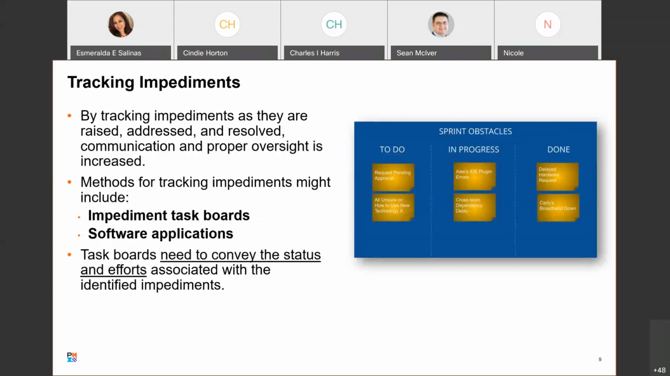Tracking impediments. When product teams track impediments as they are raised, addressed, and resolved, then communication and proper oversight are increased. There are various ways to track impediments, including using impediment task boards or software. Like the example I have here, I went out and found a picture of one just so you have a visual. Impediment task boards can be as simple as sticky notes denoting impediments, potential causes, responsibilities,